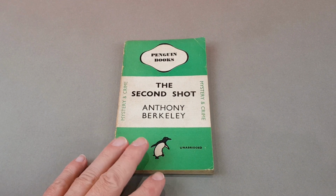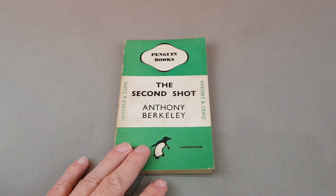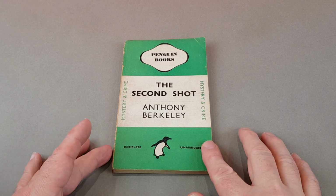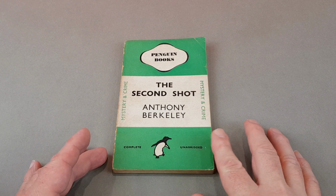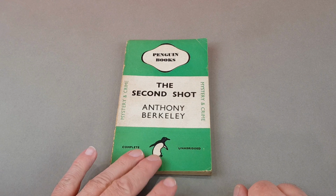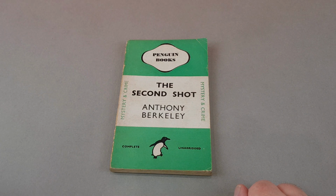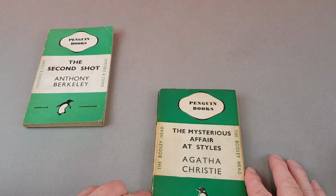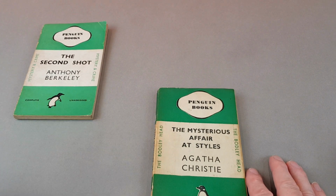So, as I said, there was lots of books that could have easily gone in around the £300 mark, but this one did sell recently, so we do have actual data to sort of cross-reference this, and a copy of this sold for £300. So next we've got book number 9 in the top 10, so the 9th most valuable